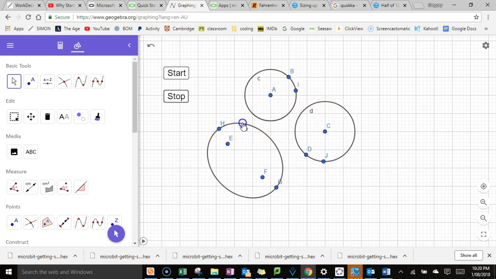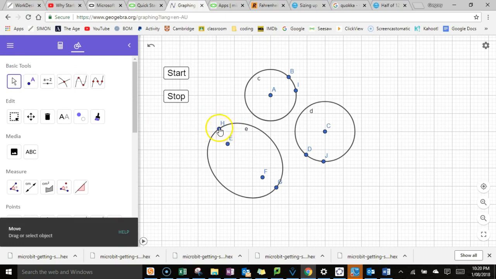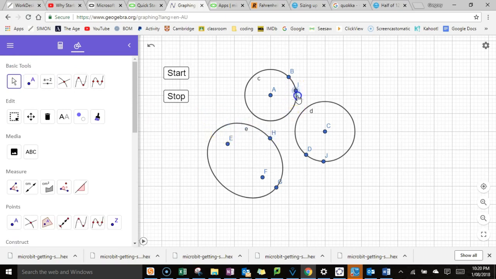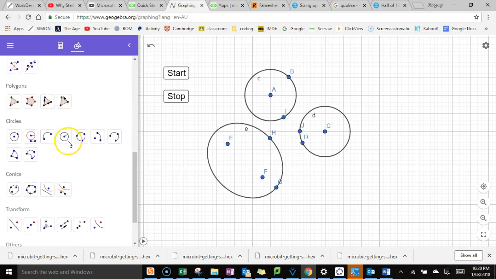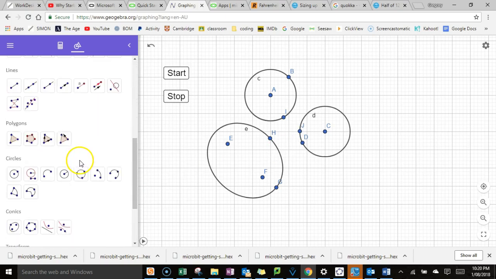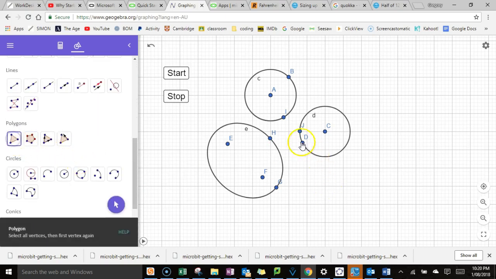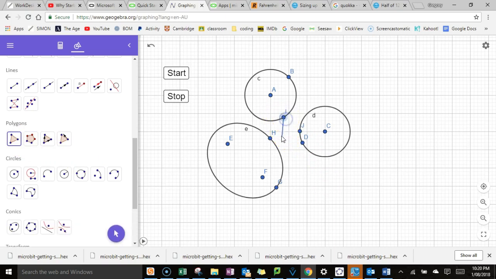So let's just make our, let's pull it back here. Now what we're going to do is create the polygon. Okay, so let's get our polygon tool. Here it is. We're going to create a polygon between those 3 points we just created. Okay, now when I press start,